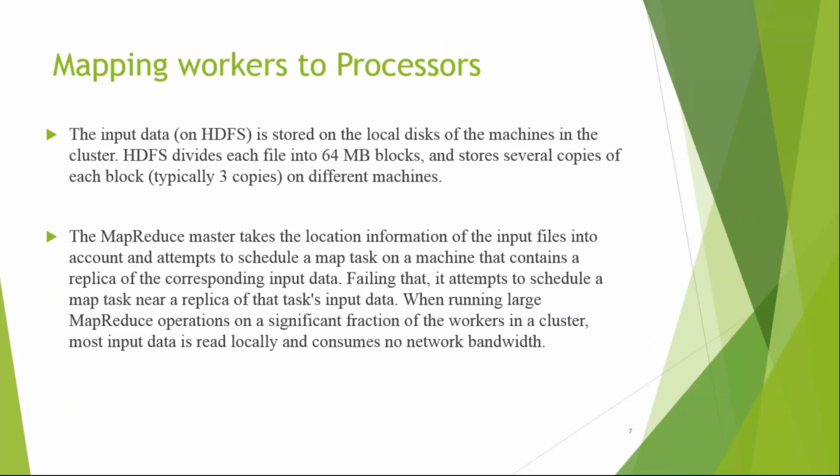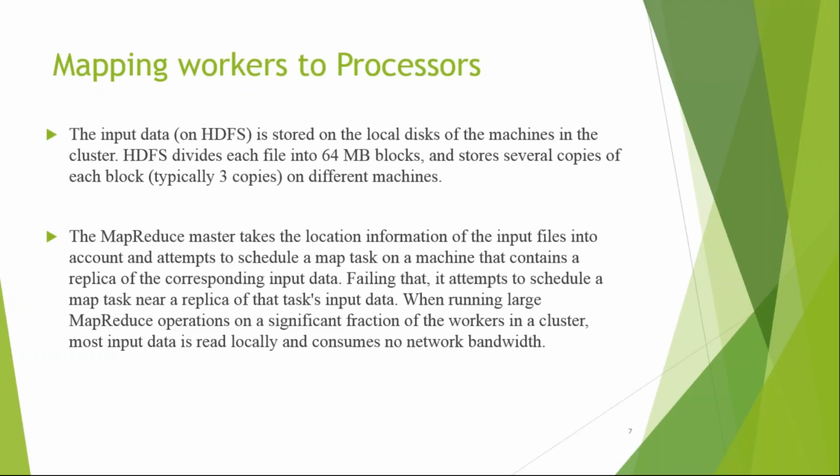So the input data on HDFS is stored on the local disks of the machines in the cluster. Correct? The input data will be there where? In the data nodes. Data nodes are nothing but the local disks, the hard disks only, right? HDFS divides each file into 64 MB blocks and stores several copies of each block, typically 3 copies, in different machines. MapReduce master takes